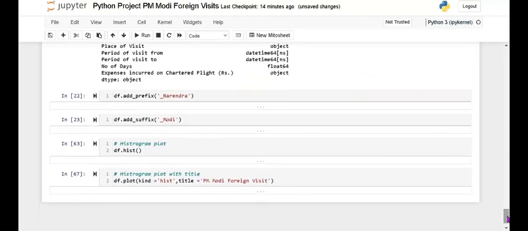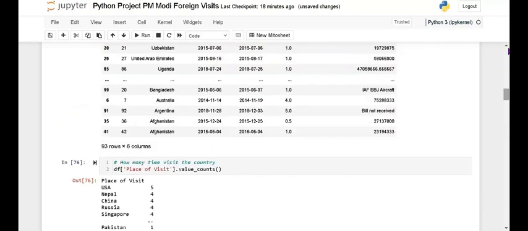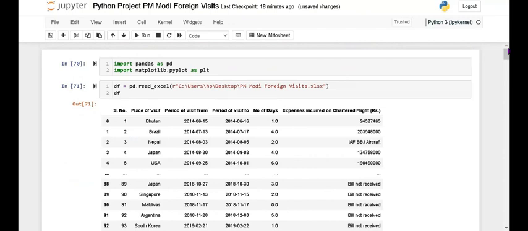Next, I am using the prefix. You know the prefix and suffix. Prefix means that we add something at the first, like in Python. It's a small project, and I am using different things also.